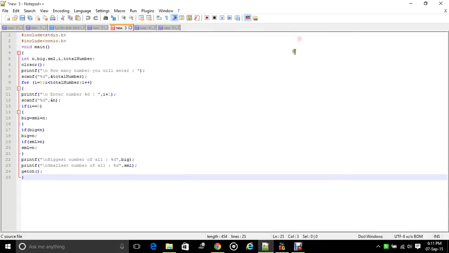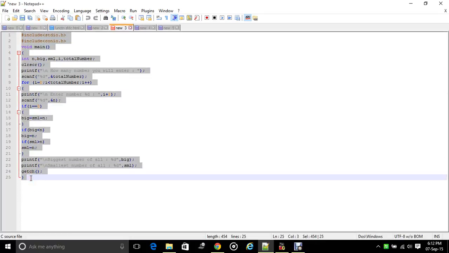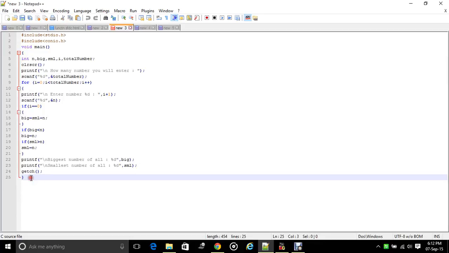Okay, hello everybody. Today I'm here to discuss basic C programming to find the greatest and the smallest number. I know many of you can do it, but beginners face some problems with how to find the biggest and the smallest number on the same screen. So I have written the code in Notepad, and I will show you in the Turbo compiler how the program is executed line by line.